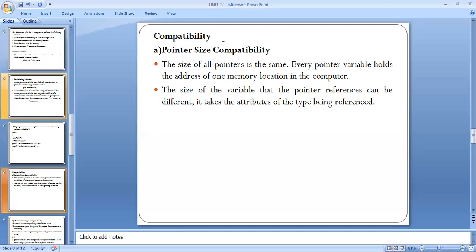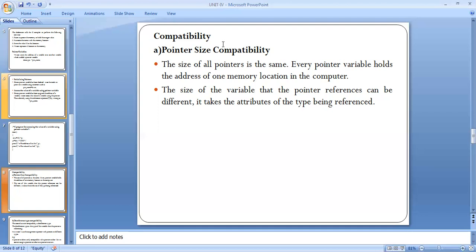The size of the variable that the pointer references can be different. It takes the attributes of the type being referenced.